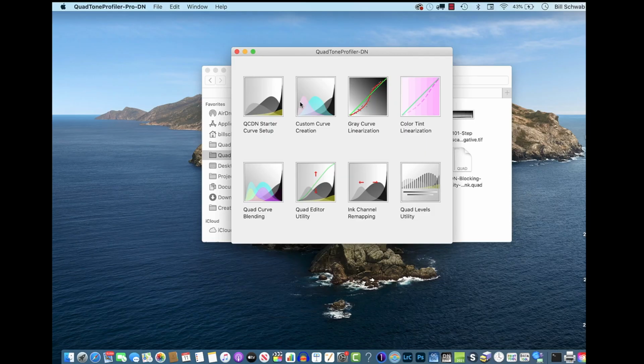Now this is what's really cool about the Pro program: there's a lot of things that you can do, and there's things that I have not even figured out myself yet. So basically we're only going to be using 2 of these modules at this time. We're going to be using the starter curve setup module, and the gray curve linearization